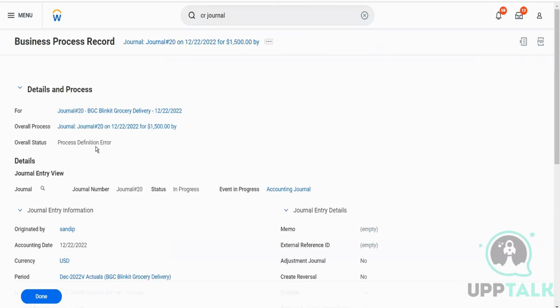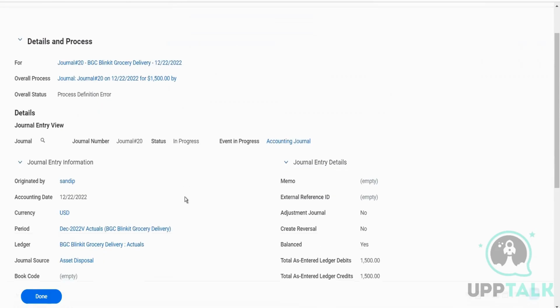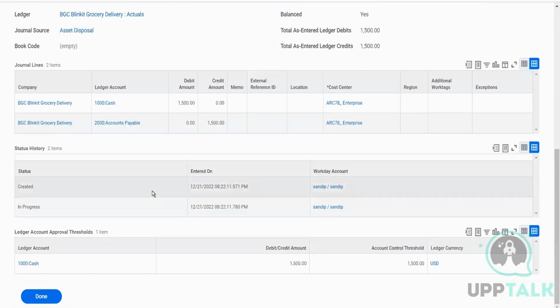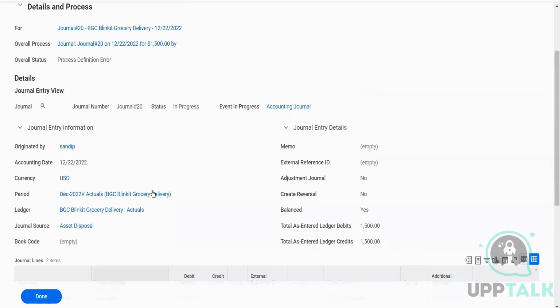Is the cost center of the other company? Is that the other company? Yeah, this is the other one, but the problem is, for this company, we are using the cost center of the other company. Yeah, for demo purpose only. Tomorrow I'll show you how to create cost centers for our company also. But I think we have to take a break today because I don't want to waste your time here. I need to fix this process definition error. Why is it that everything is aligned, it's correctly set up,